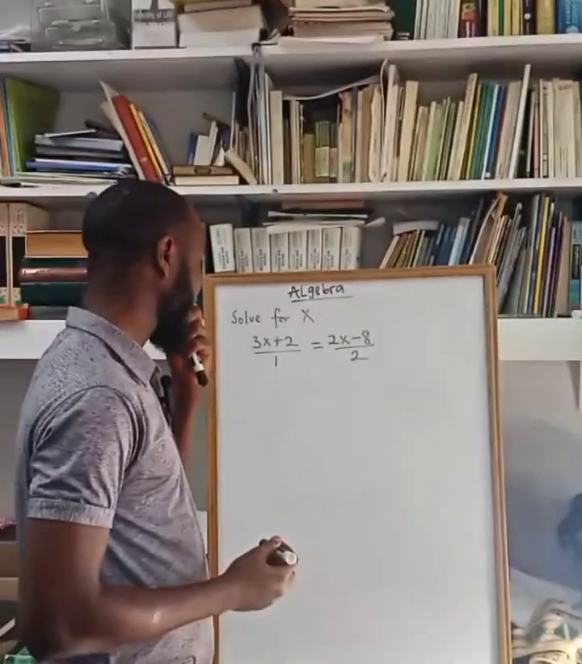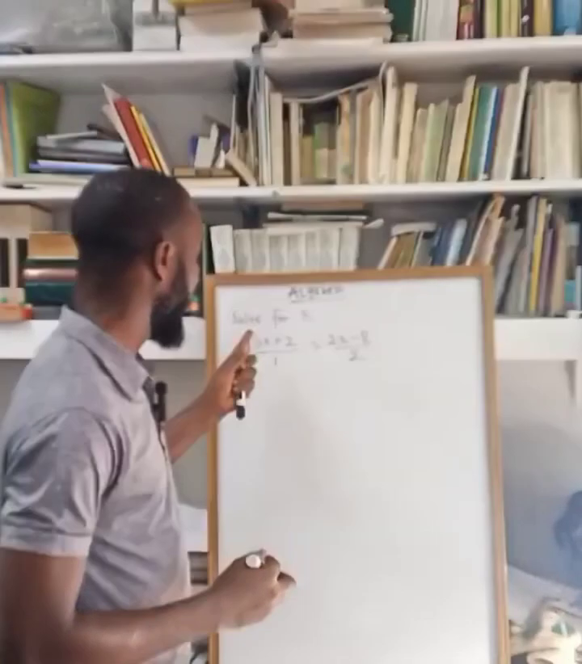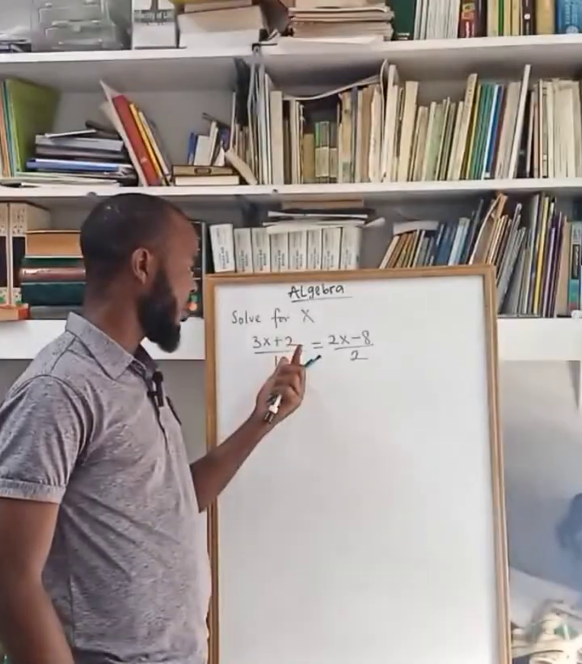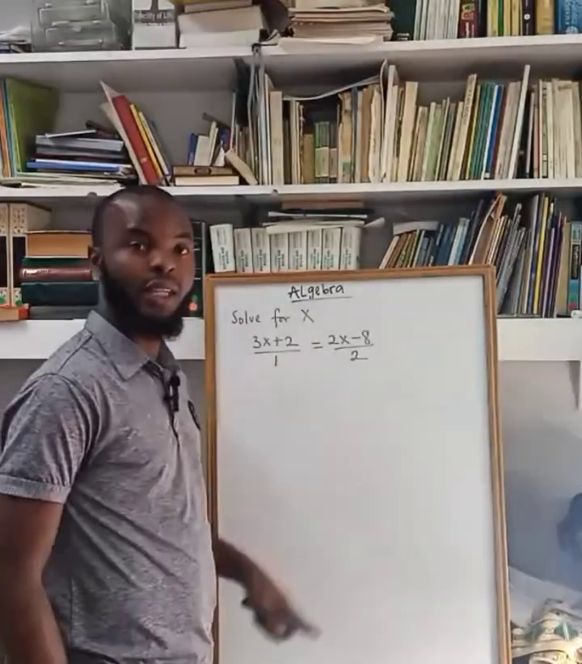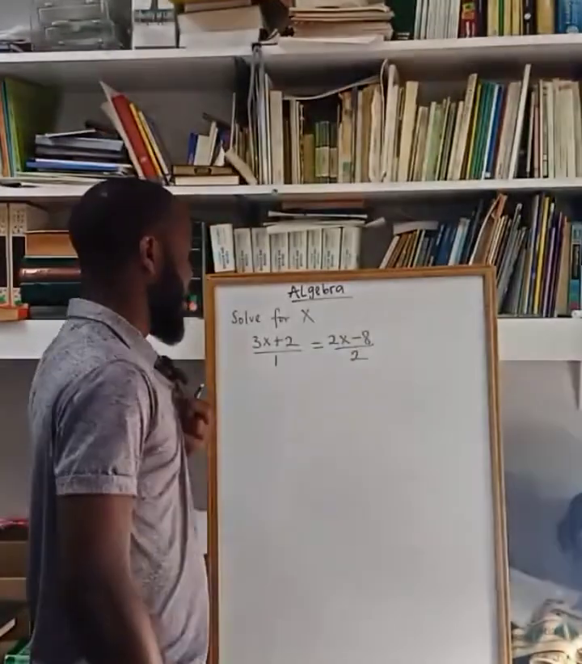Welcome to Algebra class. Today we'll be talking about algebra, and here we want to solve for x. Now, looking at this question, we have (3x + 2)/1 = (2x - 8)/2. Now, looking at this, we can see from here that